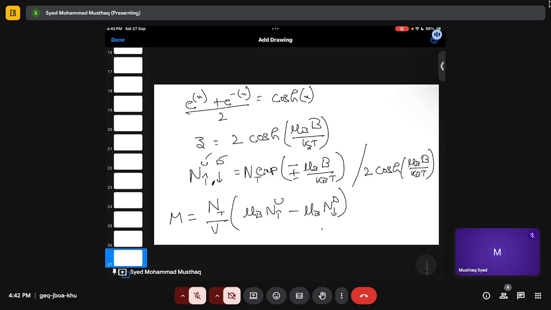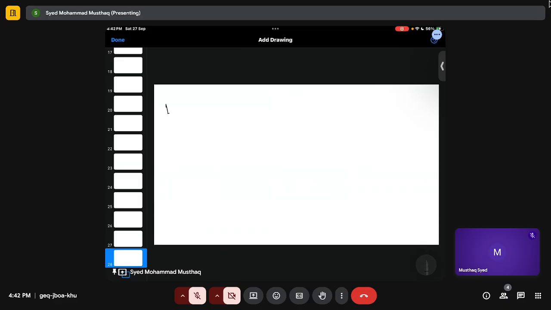And if I substitute these here, M will be equal to n mu B upon V